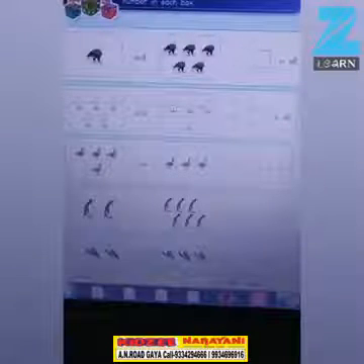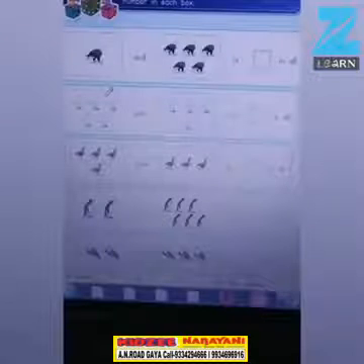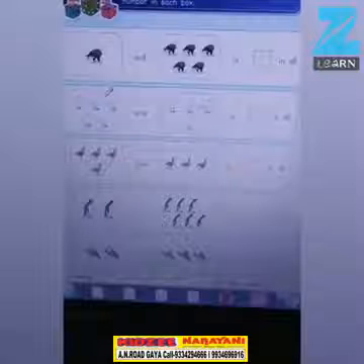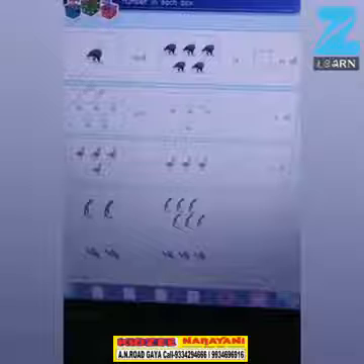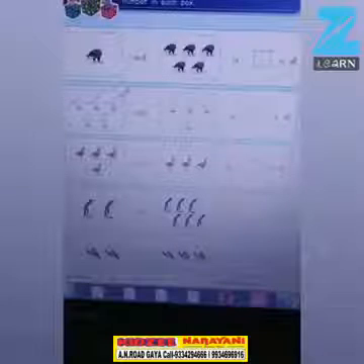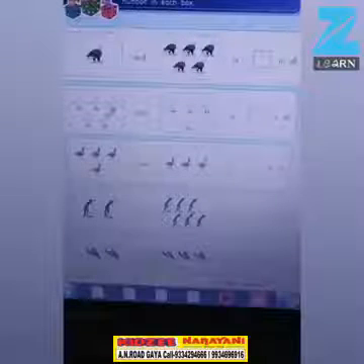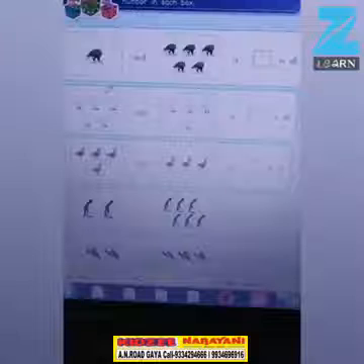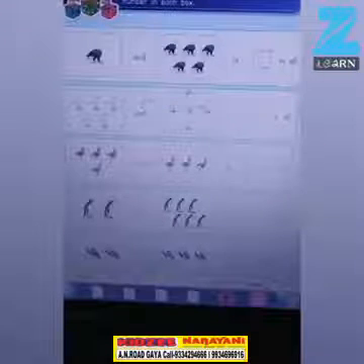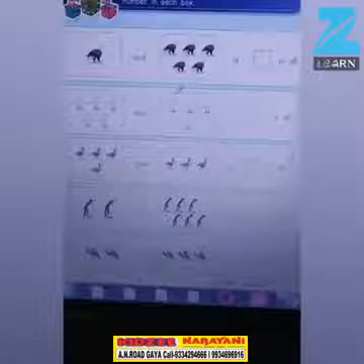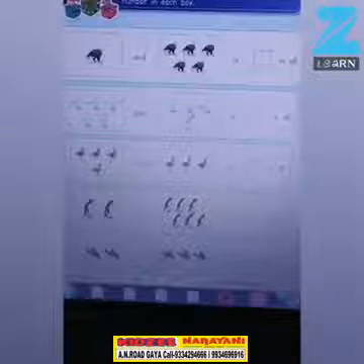Okay, let's check out the next pictures. So, what are these? These are lovely swans. So, how many swans are there? Let's count. 1, 2, 3, 4, 5. Now, we'll check the next box. So, we have 5 swans over here. Remember that, children, okay? And how many here? Let's count. 1, 2, 3, 4.